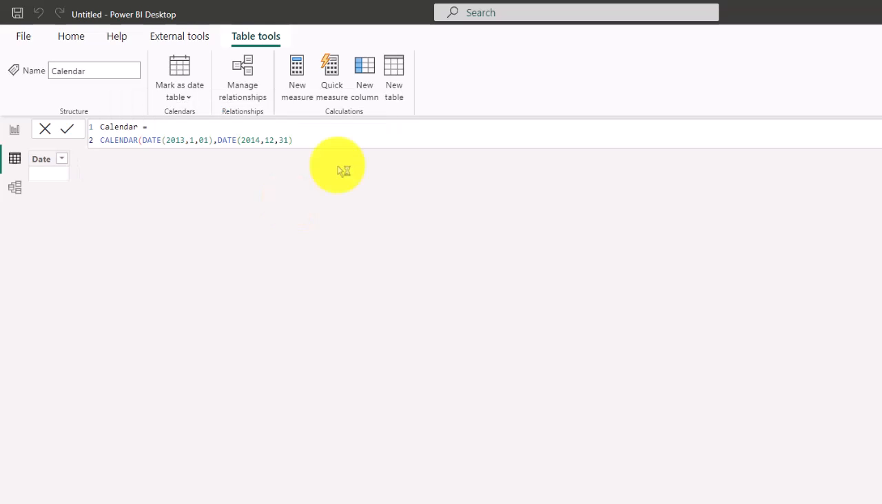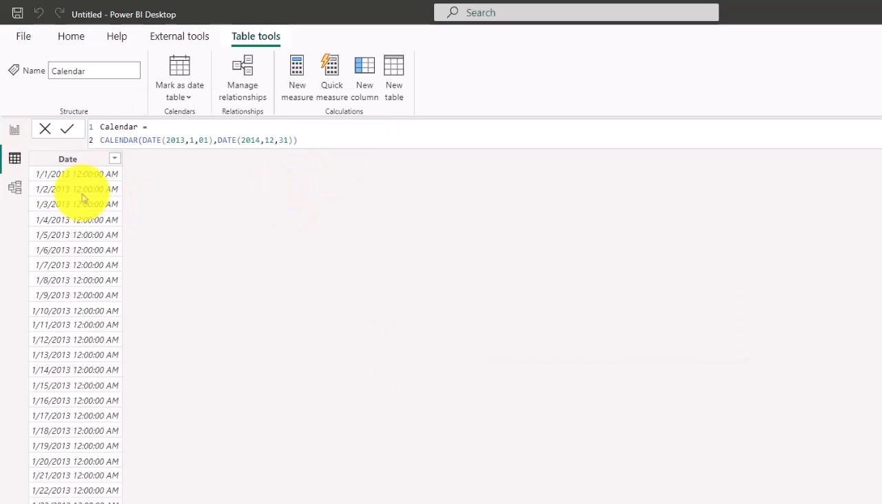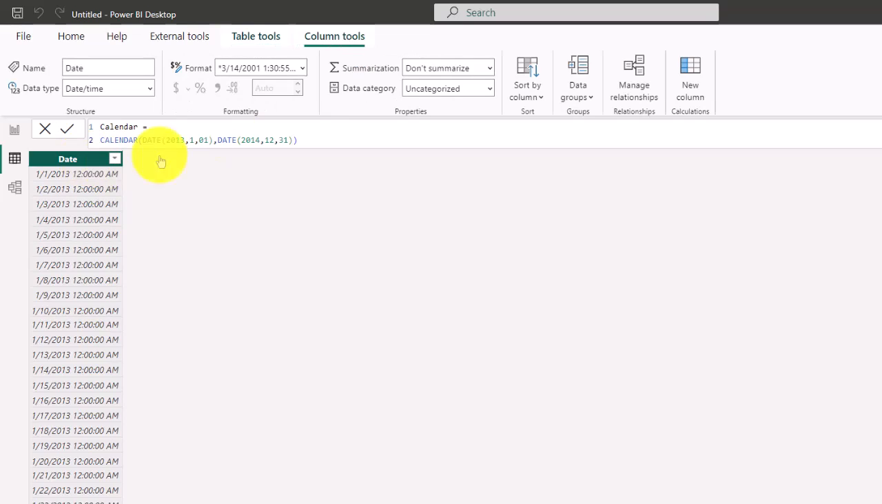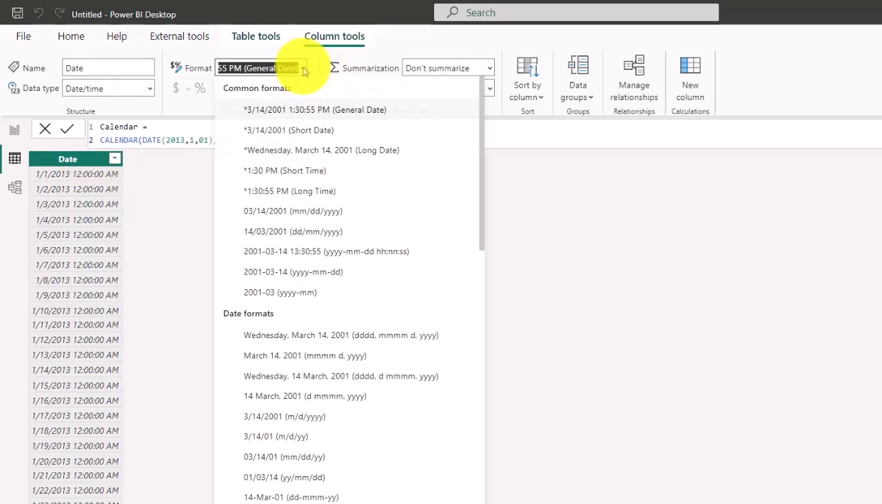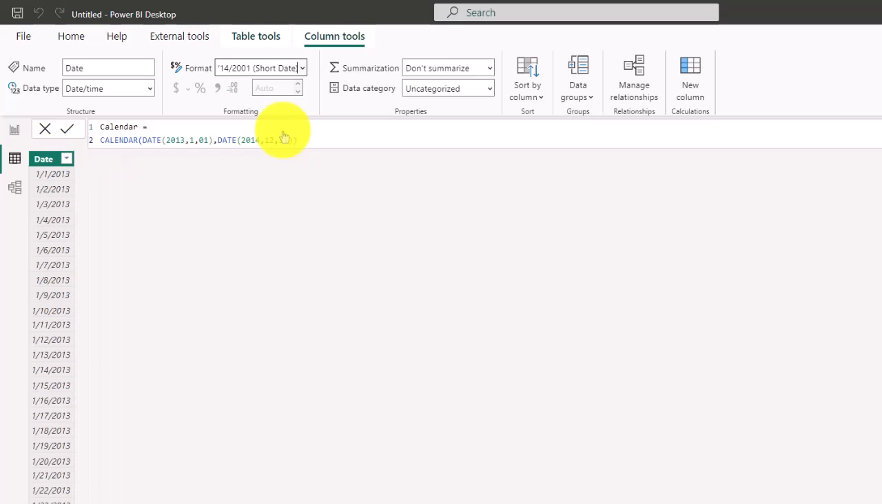And then we're going to commit that, and now we have a table. And the one thing we want to do is a couple of quick adjustments. We're going to change this to a short date. And then the next thing we're going to do is